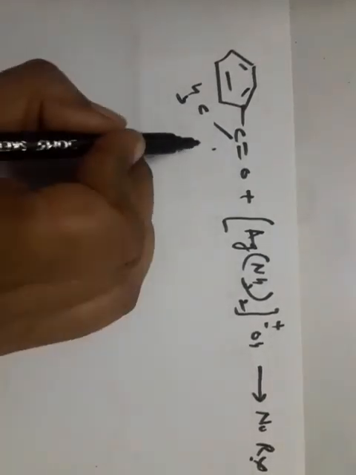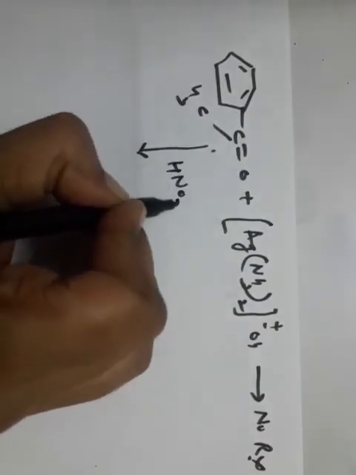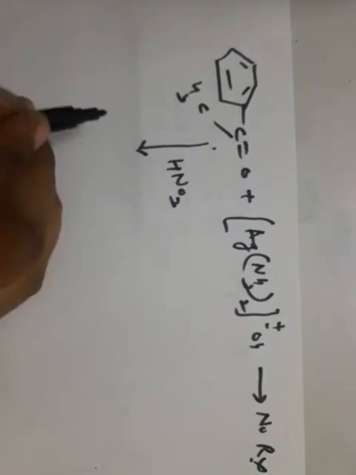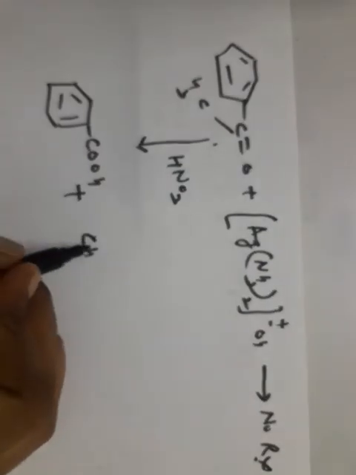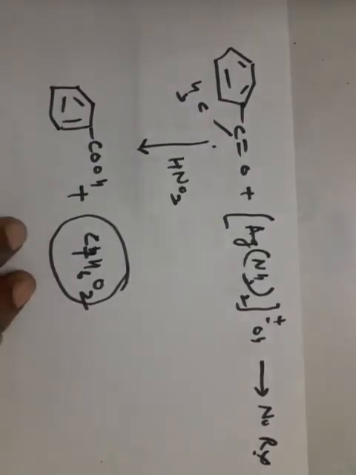Next is drastic oxidation, where we can take HNO3 for the oxidation. It gives us an acid having the molecular formula C7H6O2. So benzoic acid is formed. As we all know, on drastic oxidation, a ketone will give us acids. So it will satisfy the formula C7H6O2. Right, students? That means the given compound is acetophenone.